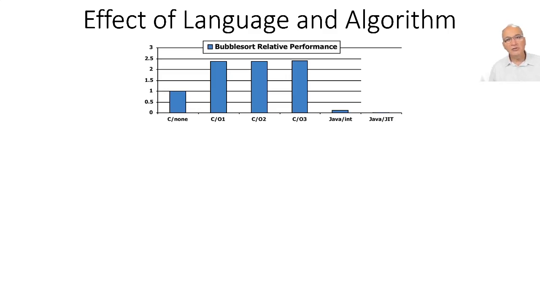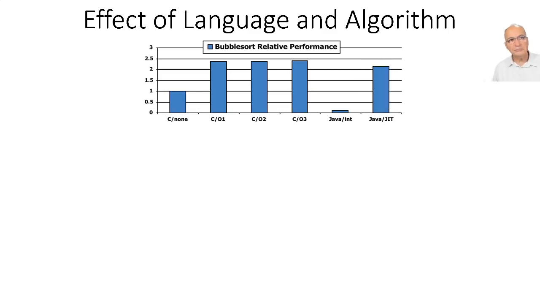But Java also has something that's called a just-in-time compiler. A just-in-time compiler is a compiler that runs at runtime. So when you start the application, the compiler starts running, and the compiler will generate the code for each function before executing the function. So it's not interpreting the code line by line. It rather generates assembly code, but generates that at runtime instead of the ahead-of-time compilation that we're doing in C.